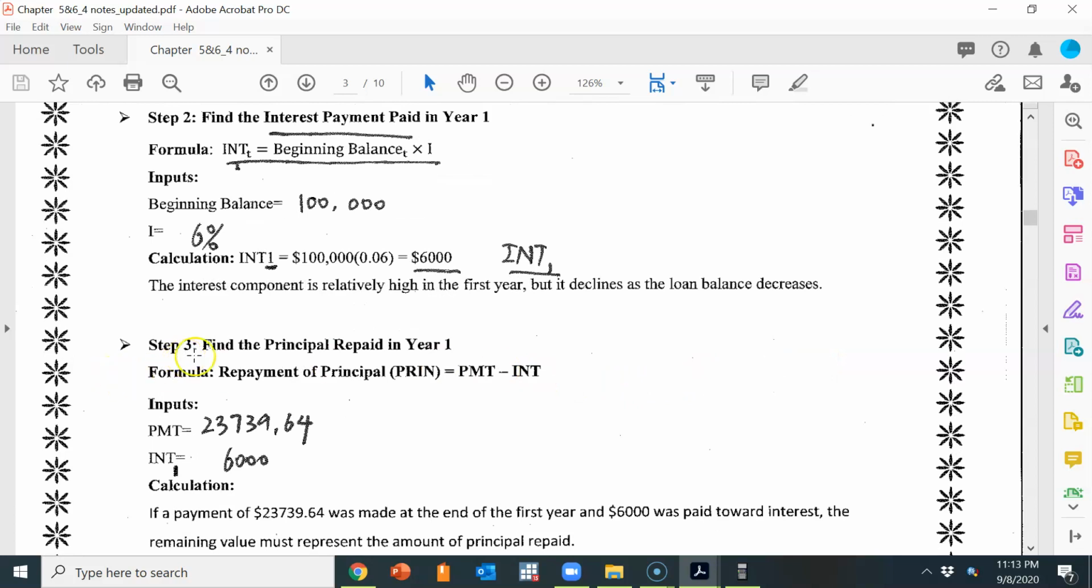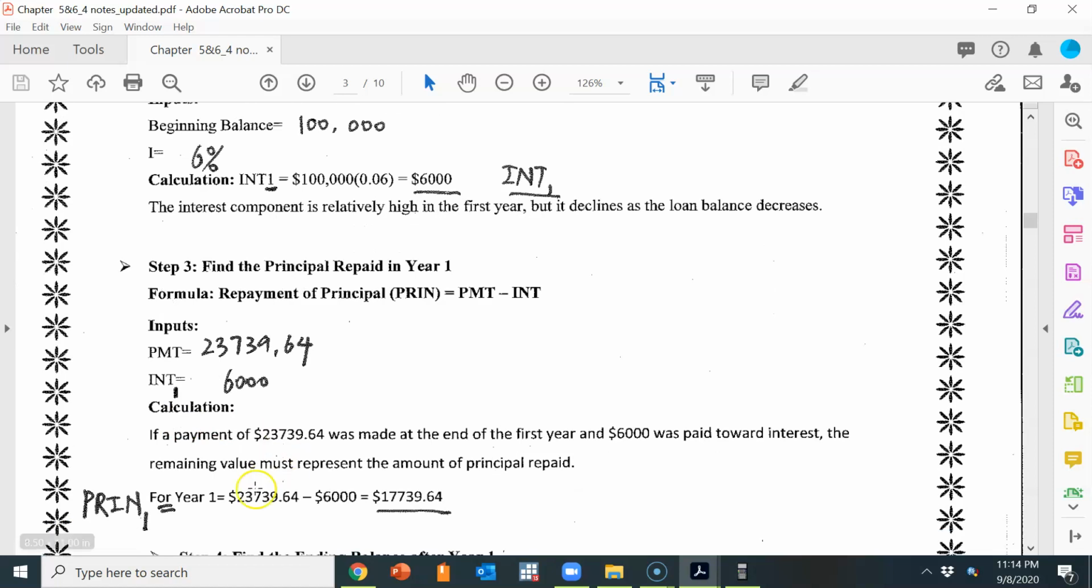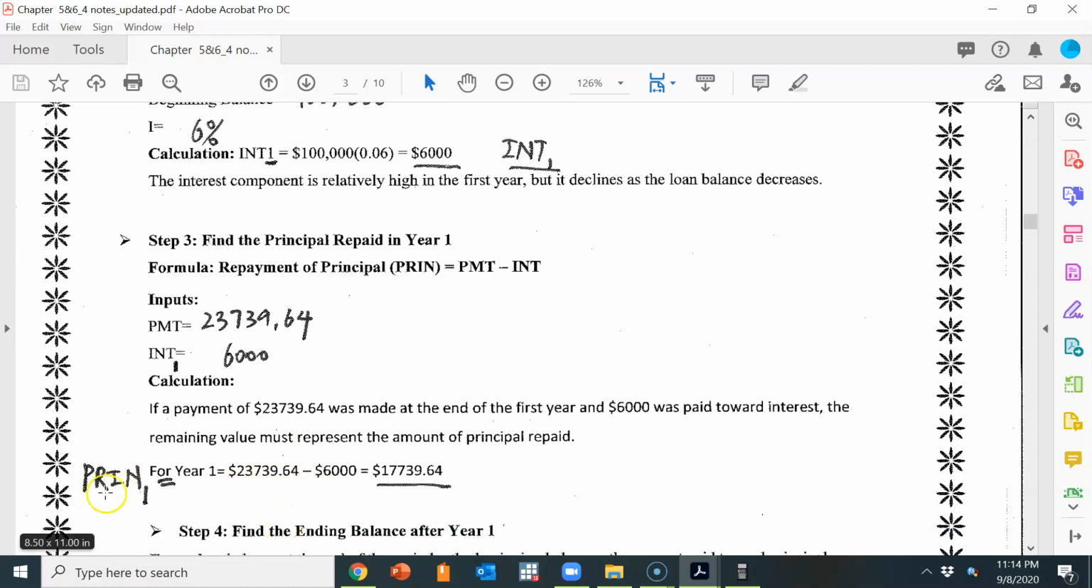Step 3 here. After we find the total payment for each year and the interest payment in the first year, let's find out what the principal repayment in the first year is. That's going to be the total payment minus the interest payment in the first year. The total payment as calculated in step 1 is 23,000. The interest we are paying for the first year is 6,000. So let's take the difference of these two, and the principal payment for the first year should be